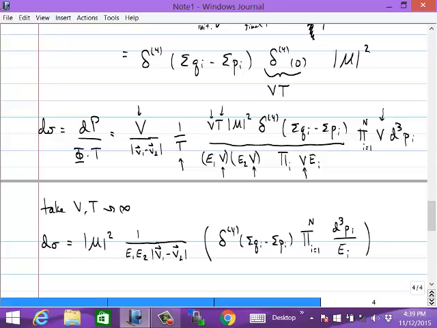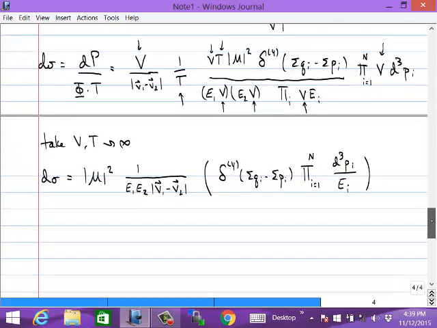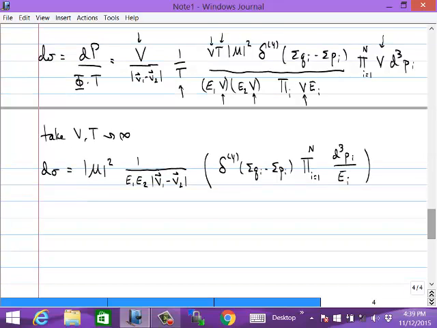So this is really the final expression for the scattering amplitude. I want to just take a few minutes for the differential cross-section. I thought I should make some comments about this expression. The first thing to notice is that, of course, it's proportional to the square of the matrix element, as we would anticipate. One comment that I'll make is that this means that, as always, when we study quantum mechanics,